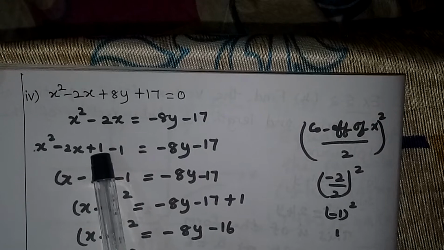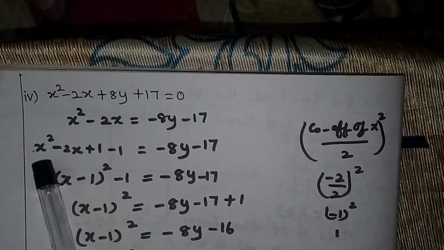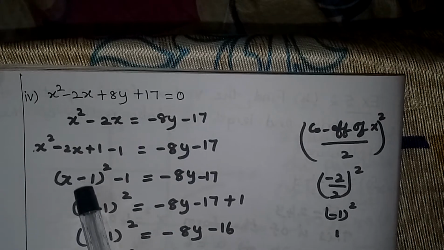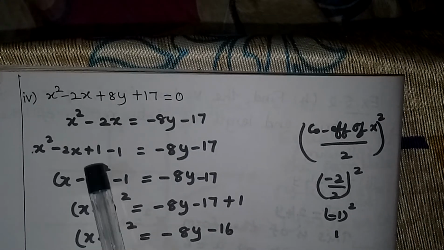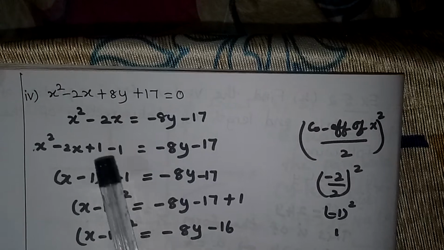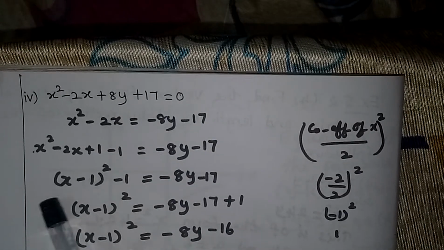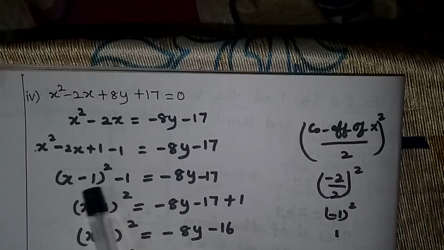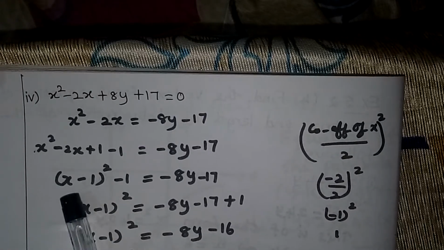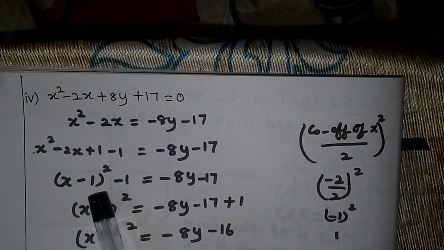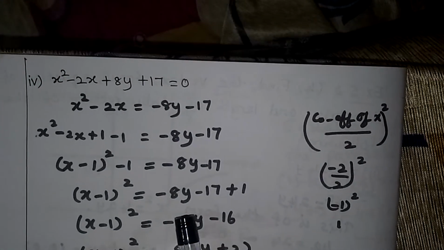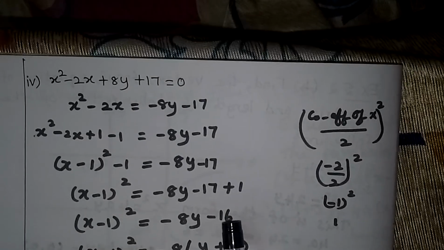Now you can combine the first three terms. You can write it as x square means put x. Here we have a minus sign for the x term, so you have to put minus. Then plus. This 1 is 1 square, no? So put 1, the whole square: x minus 1 the whole square. Then this minus 1 you write in the same way. If you expand this, you'll get the expression x square minus 2x plus 1. Right hand side is same. This minus 1, take it to the other side. So minus 17 plus 1 is minus 16.